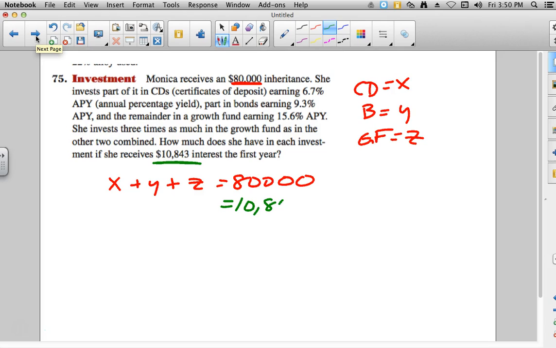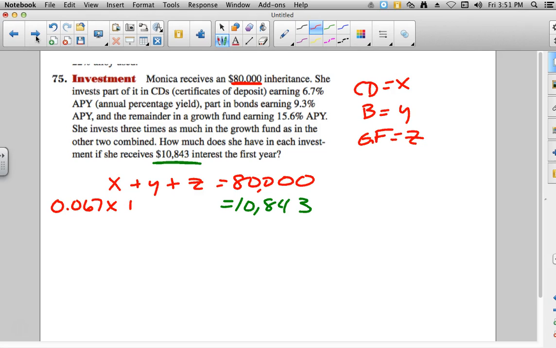So there's another total that has to do with interest. Now I need to go back and figure out what she is going to get for interest on each of these. They told us 6.7% for the CDs, but we have to put that into decimal form, so that'll be 0.067x,